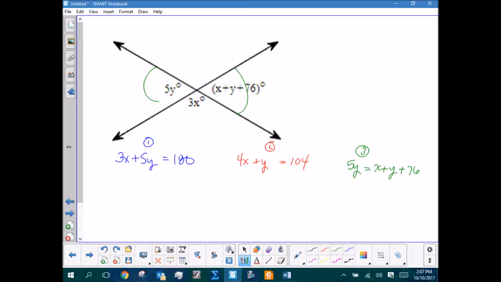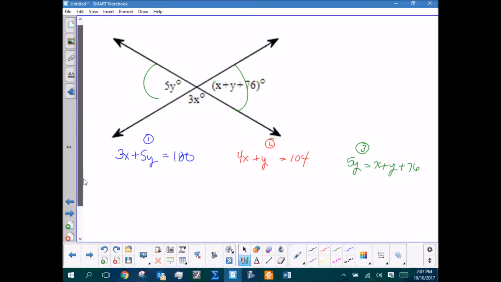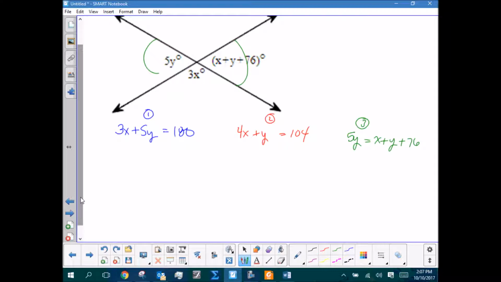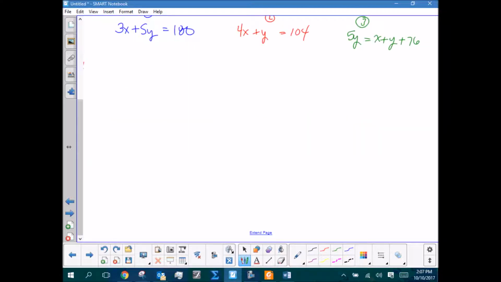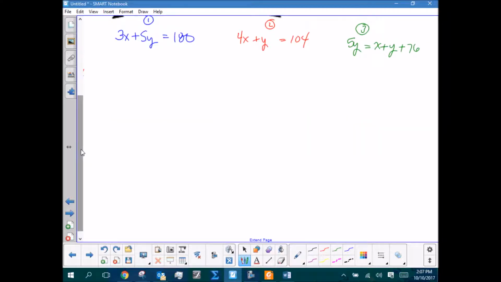So when you have this situation, okay, all you have to do, and it doesn't matter which two equations you use, as long as they incorporate both variables, okay? I'm going to pick two of those three equations, and I'm going to put them together, okay? And do a procedure that will allow me to solve for x and y. So that procedure, I'm going to take just the blue one and the red one. So I'm going to take 3x plus 5y equals 180. And then I take the red one, which is 4x